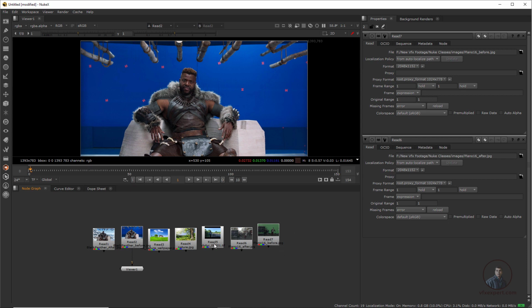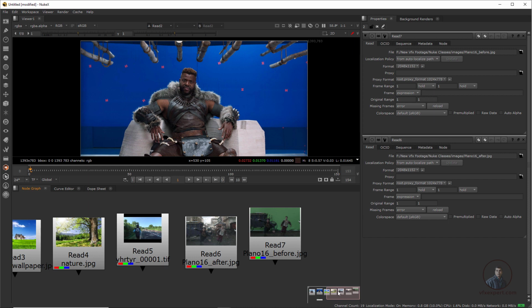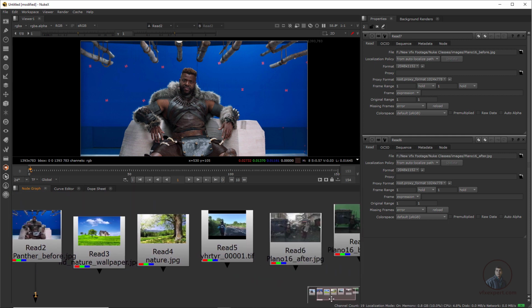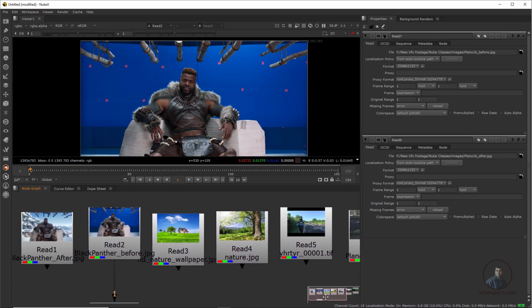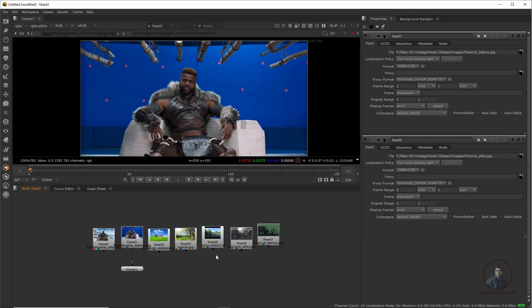Even if you have zoomed your node graph a little bit, then at the bottom you will also get these navigation controls. From here you can also manage your node graph area. Now simply press F again. So this is simply the navigation of the viewer and also of the node graph.